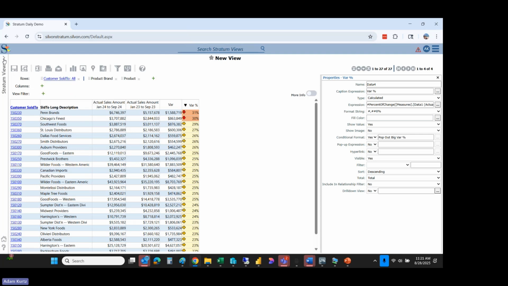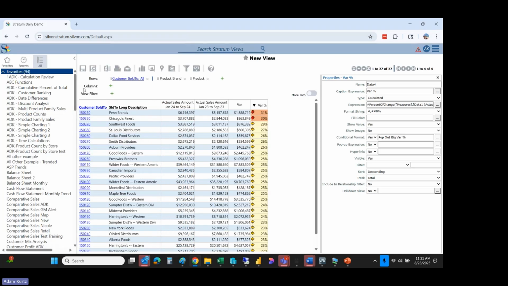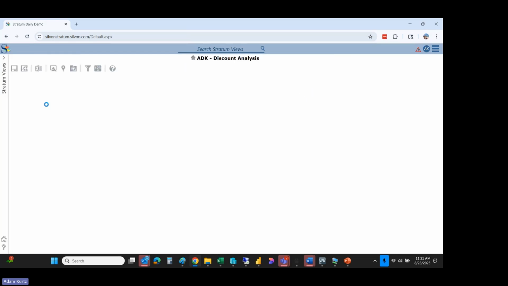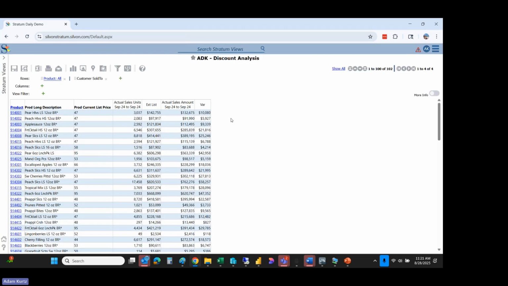What else can we do? Well, we talked about using the attribute. So how do we do that? For instance, if we want to do something along the lines of a discount analysis, we talked a little bit about that in the presentation, and we can see that at the product level, we do have the current list